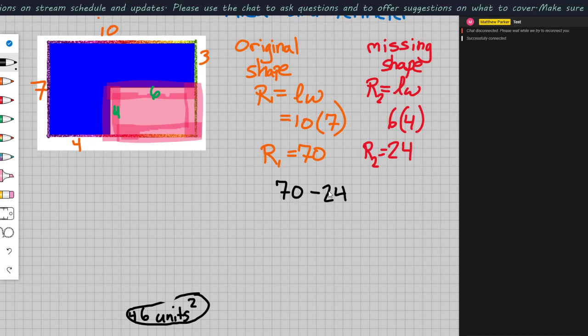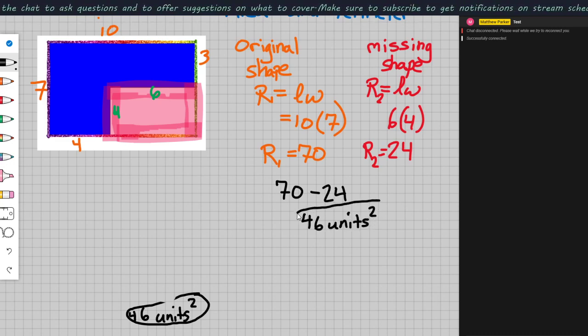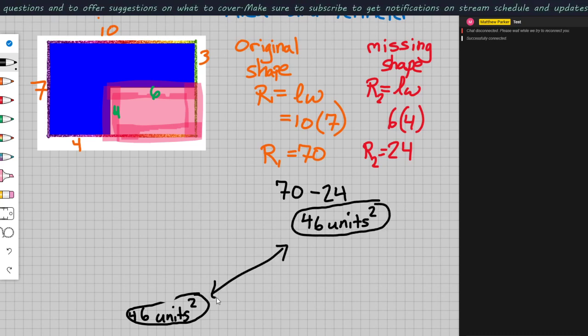So 70 minus 20, I'm just going to do the 20 for right now. It's going to be 50. And then 50 minus the extra 4 is going to be 6 squared. So we end up getting the exact same answer. So again, in this problem, we could have done the addition method or the subtraction method, and you